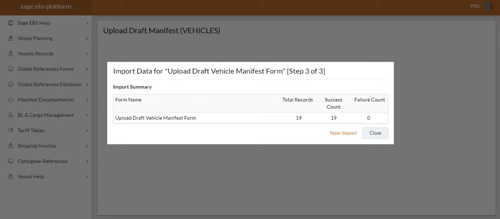Another thing I want to bring to our notice is if the values we inputted and the values in the Excel or the manifest itself does not tally, does not match each other, this is where we are going to get a message that will tell us that the total record and the success count is failure. So we have to take note of this pop-up to know if the value we've inputted and the value from the Excel format is actually the same. Then we can then click on close.